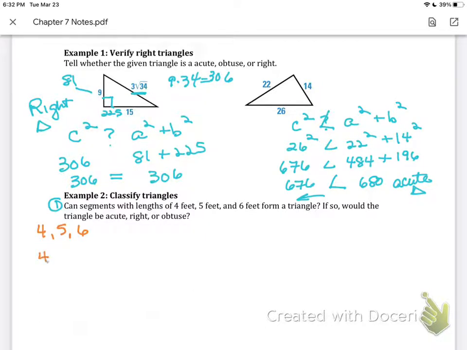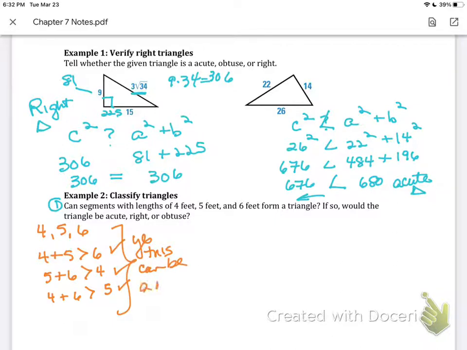So, 4 plus 5 has to be greater than 6. That works. 5 plus 6 has to be greater than 4. That works. And the last one is 4 plus 6 has to be greater than 5. And that works also. So, what I can say is yes, this